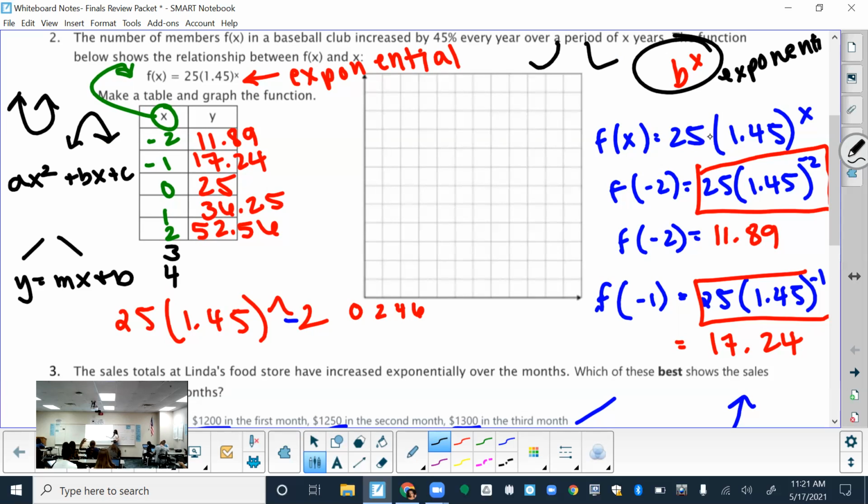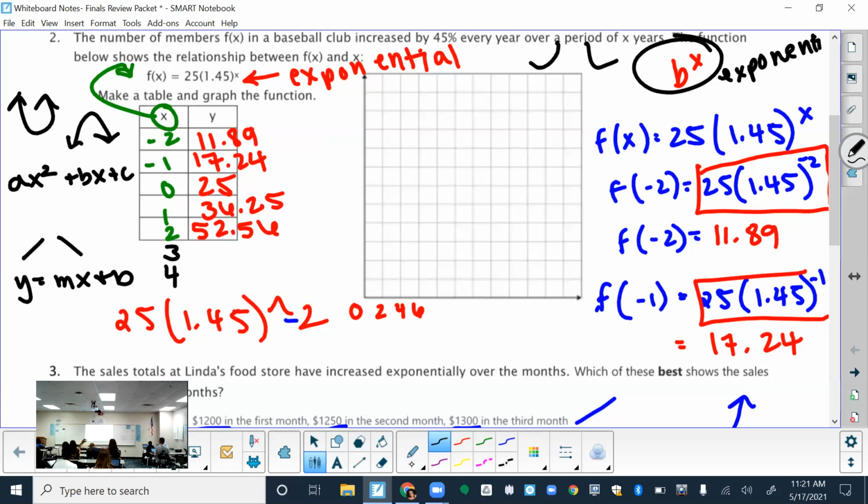All right, then you plug in -1. Put that in your calculator. You get 17.24. And then you keep going until you have enough points to graph it. Questions about that? Now this graph here, I would have to label it so that it includes these points. So I might have to get a little creative there. But if you have a graphing calculator on your test, you can just type it in. And I'll show you what that looks like on Desmos.